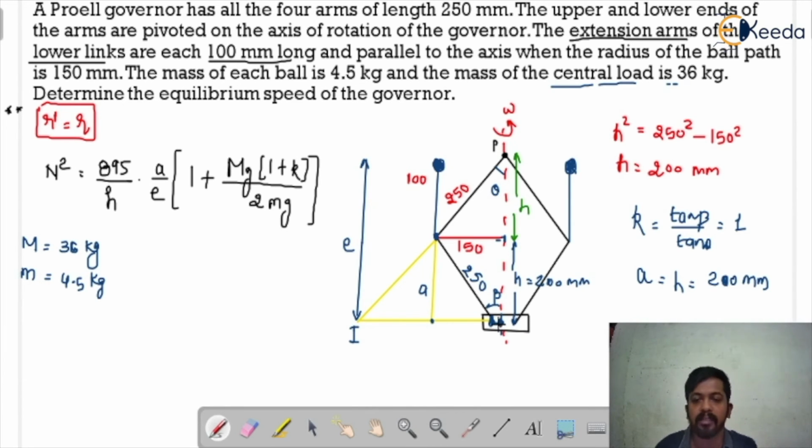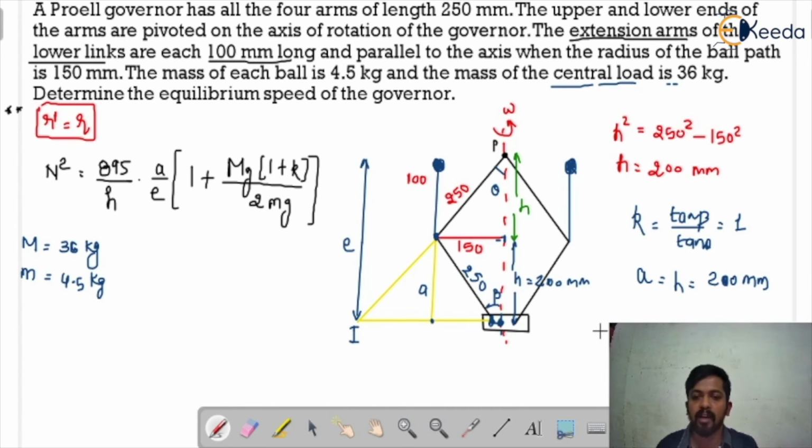Okay, we can assume it as such unless and until this length is given. Because if this length is given, we can find out this length also, but here in the question it is not given, so we can assume that this arm is attached to the axis of the governor. That means it is attached to the sleeve at the axis of the governor. So that's why you can calculate the H value, which comes out to be 200 mm